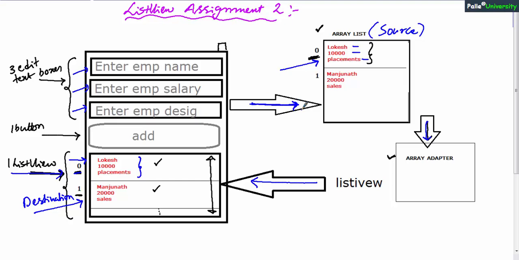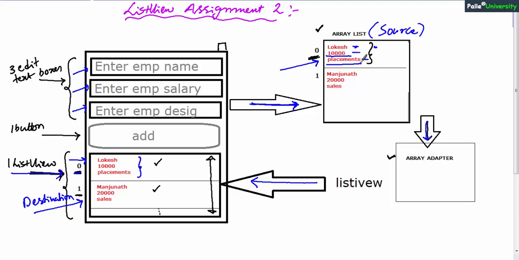Now you may get one more doubt. If you add 3 strings using a plus operator, then those strings will be displayed side by side. But if you observe carefully, employee salary is below employee name and employee designation is below employee salary. How will you adjust one below each other? When you are adding 2 strings, you just have to say \n also. When you apply \n, the next string will automatically go to the next line. I hope you understood this clue. You can go ahead and do this assignment.